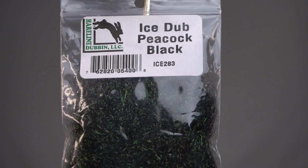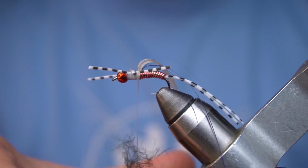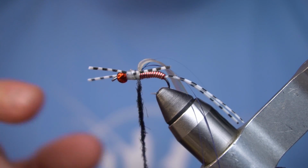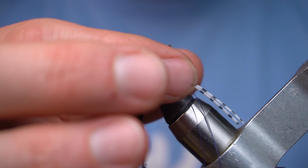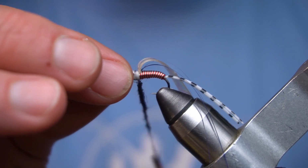Now we're going to dub some ice dub in peacock black. Now this is easier if you're right-handed, if you use your left hand to actually do the wrapping and use your right hand to hold this back. So we want to put